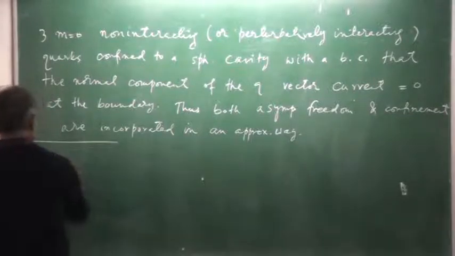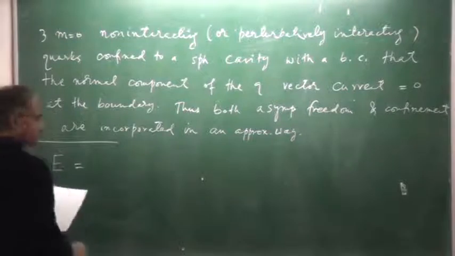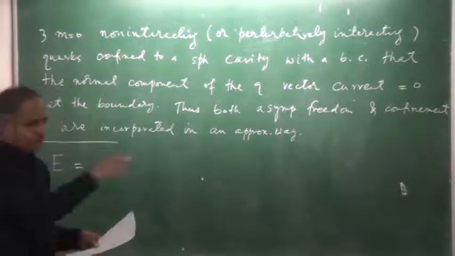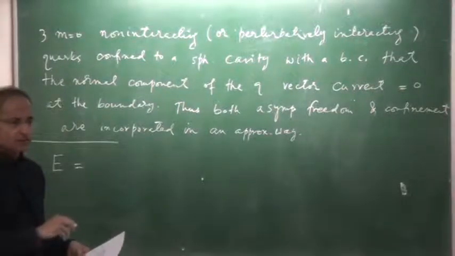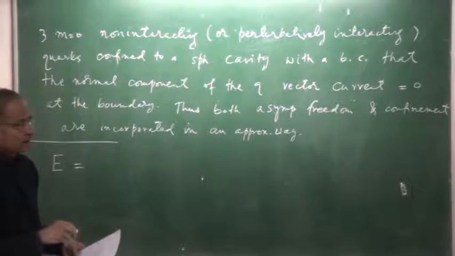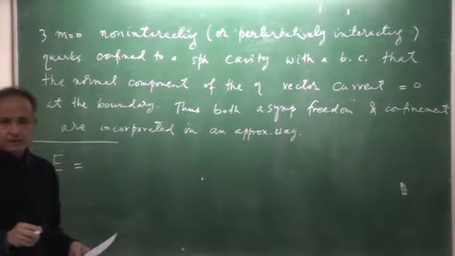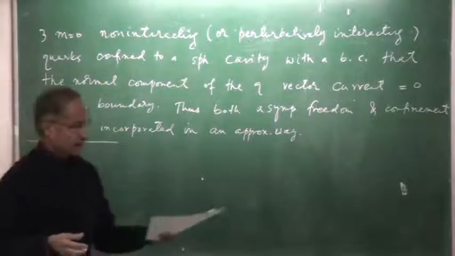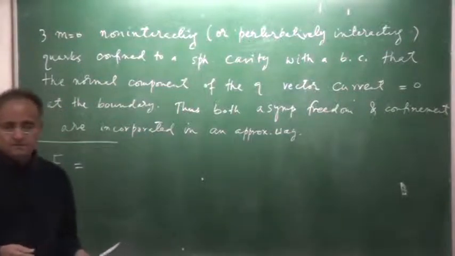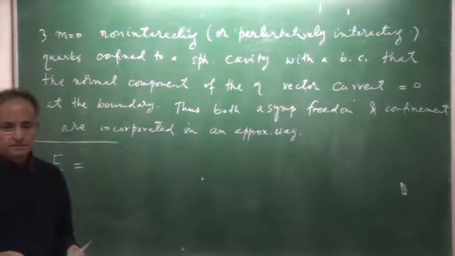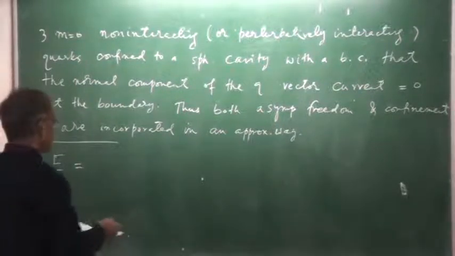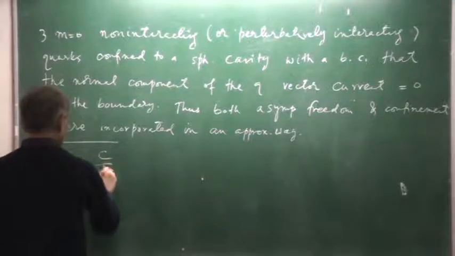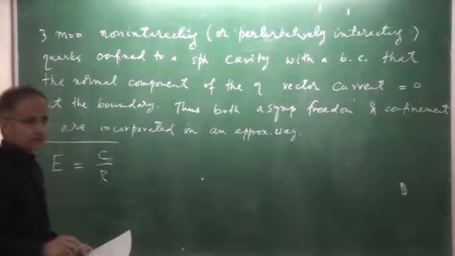Okay, so now let's try to write the energy of that state. The quarks are moving inside, so they have kinetic energy. So we have to write a term corresponding to kinetic energy. Now use the Heisenberg uncertainty principle. Tell me how the kinetic energy term will depend on the size of the bag. Somebody said inversely. Yes, so this term should go like 1 upon R. So I am going to write C over R, where C is some constant.